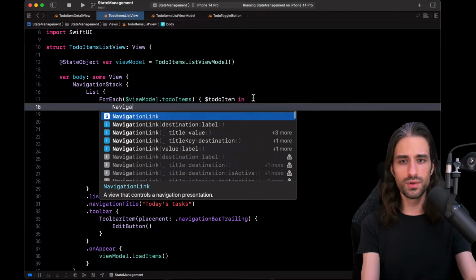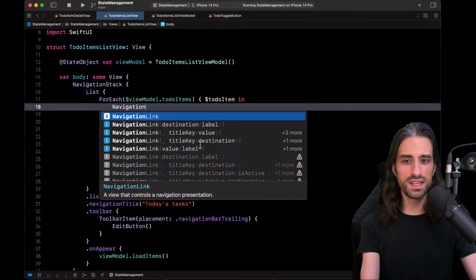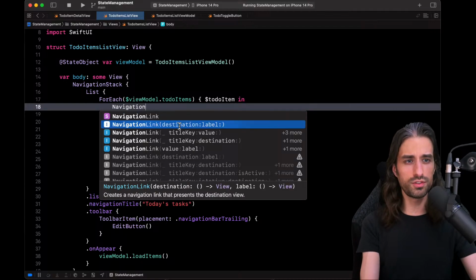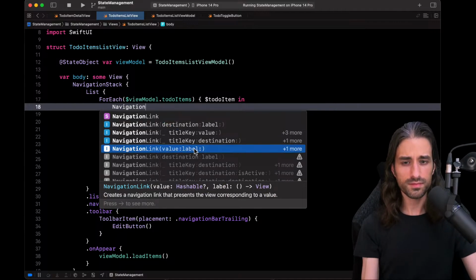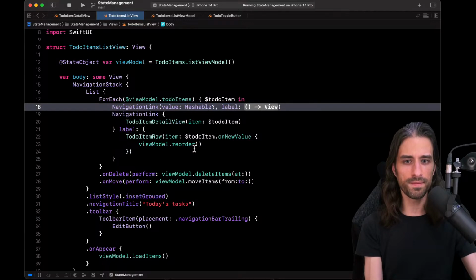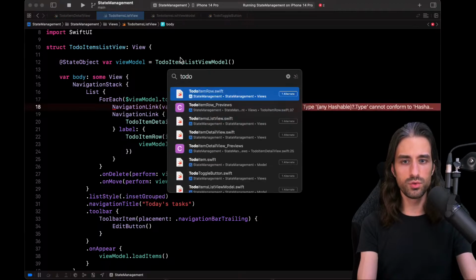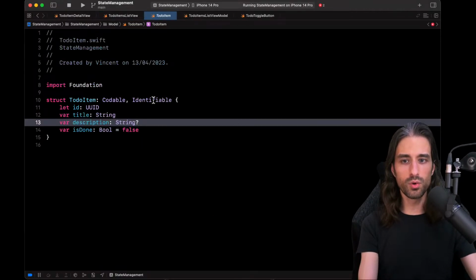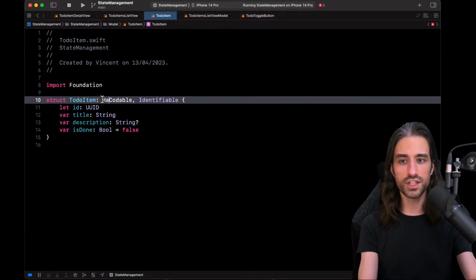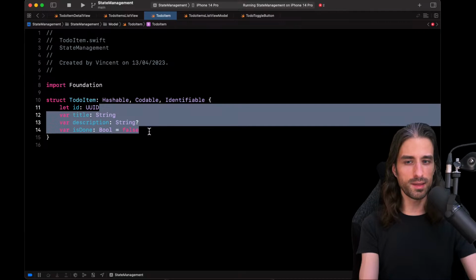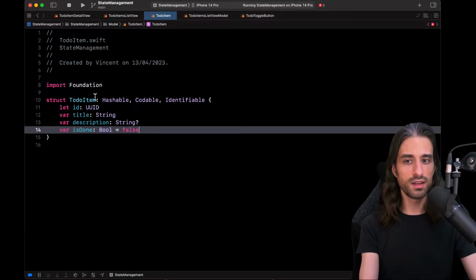And with NavigationStack, we can do things a little bit differently. Remember when I showed you the initializers for NavigationLink, there was the one with a destination, which we used, where we need to know the destination view, and the one with a value. This time we're going to use that one. So we need to provide a value, which needs to be hashable. I will need to update my to-do item to also make it conform to Hashable in addition to Codable and Identifiable. I just need to declare the conformance because all of its properties are of types that are themselves hashable, so the compiler can synthesize the implementation of Hashable for to-do item.